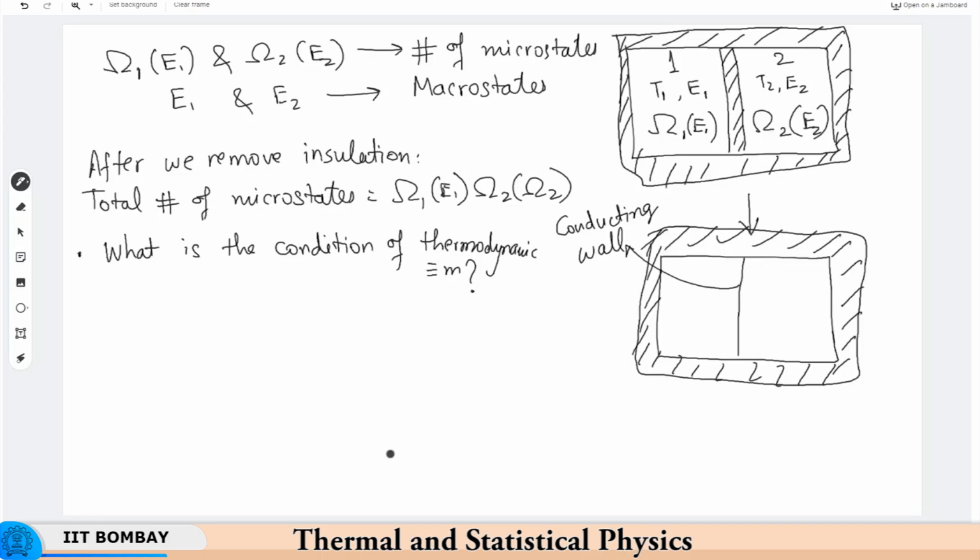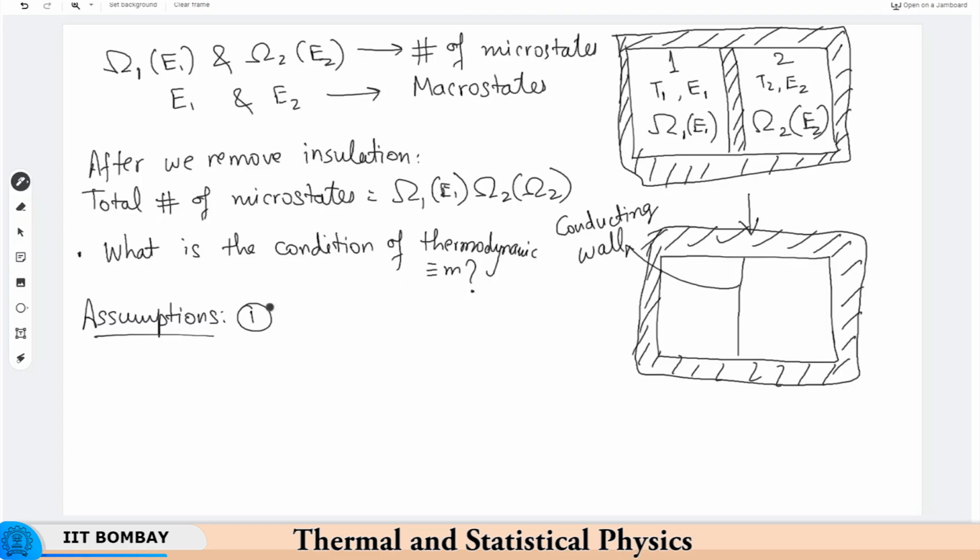But there are certain important assumptions that go into this statement, right. So, assumptions. There are certain assumptions that underpin this statement, that the thermodynamic state corresponds to the highest number of microstates,